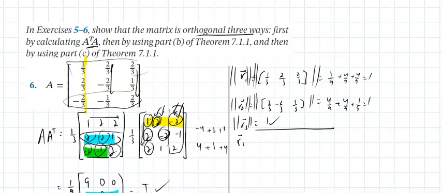If I take row 1 dotted with row 2, that is 2/9 minus 4/9 plus, that's a 0, good. And if I take R1 and dot it with R3, then that is, here, let me write it out,